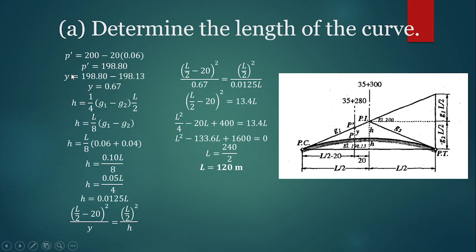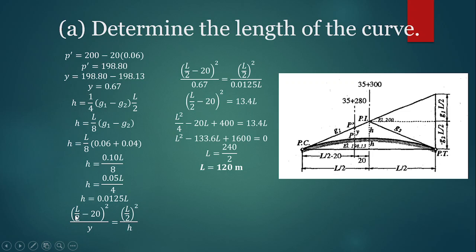So ito yung Y natin. P prime minus 198.13, so Y is equals to 0.67. In finding the height, H is equals to 1/4 times G1 minus G2 times L over 2. Putting in the formula, it results to H is equals to 0.0125 L. So ito yung magiging formula natin in finding the other missing terms,